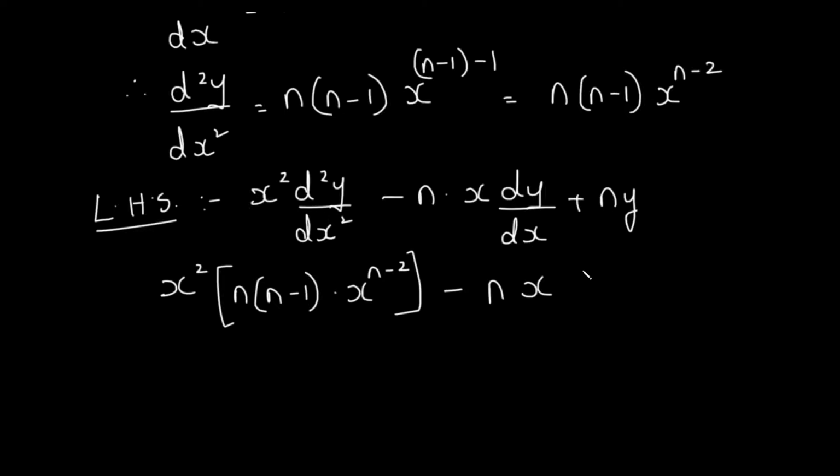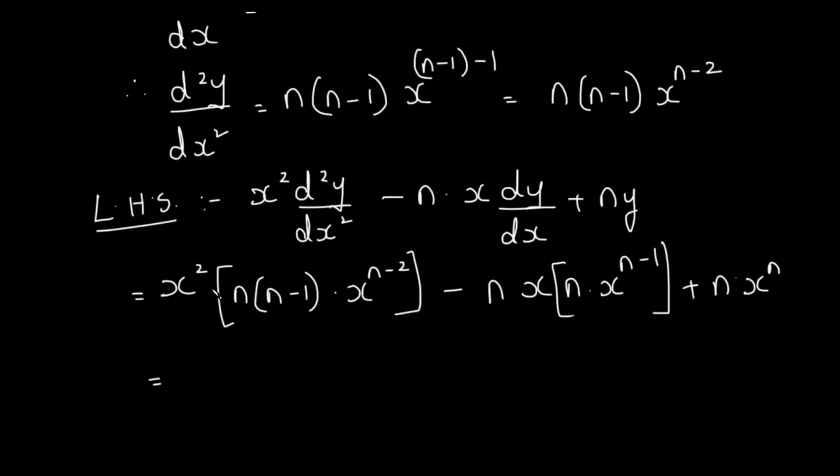Instead of dy by dx, we'll write the answer that we got for dy by dx. It was n into x raised to n minus 1. Okay, this was the answer for dy by dx, plus n y. Now instead of y, we can write x raised to n because the question was y is equal to x raised to n. Then